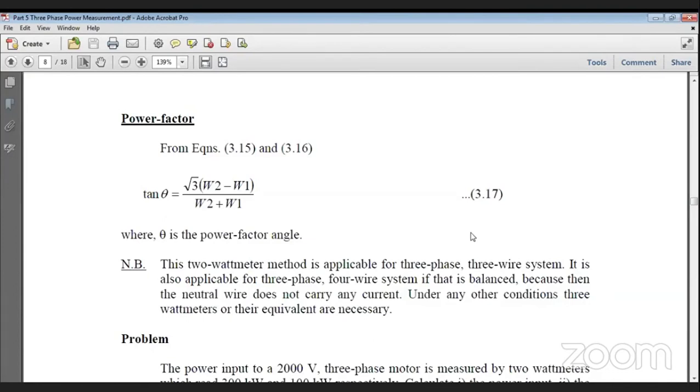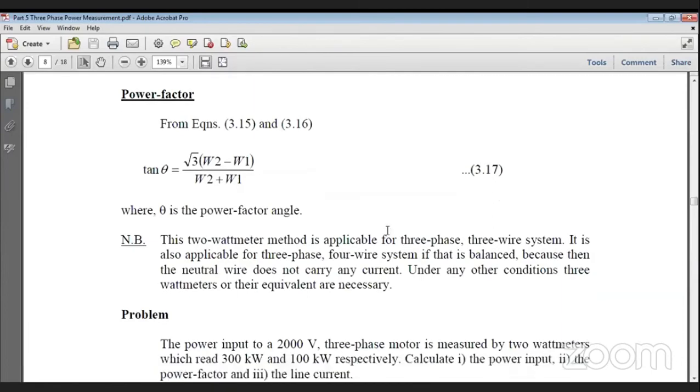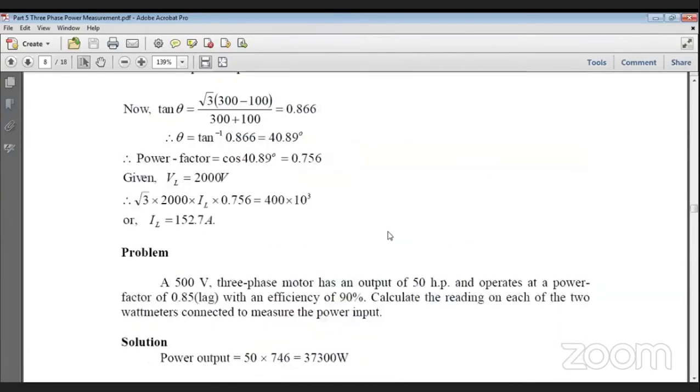Now see the power of a measurement: two wattmeters, just by connecting them and taking the two readings, I can get so much information on power that this method is universally accepted as the method of three-phase power measurement. Even if you have a three-phase industry power and the power company is giving you the line, they put only these meters for measurement of power. This is the basic fundamental principle that goes behind it. I will show you one or two examples so it will be very clear how it works.